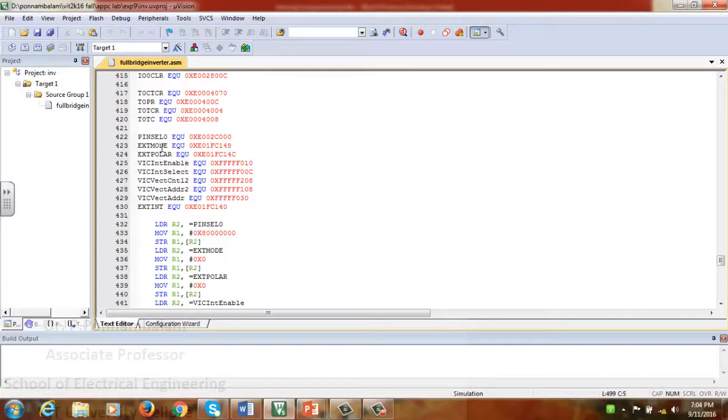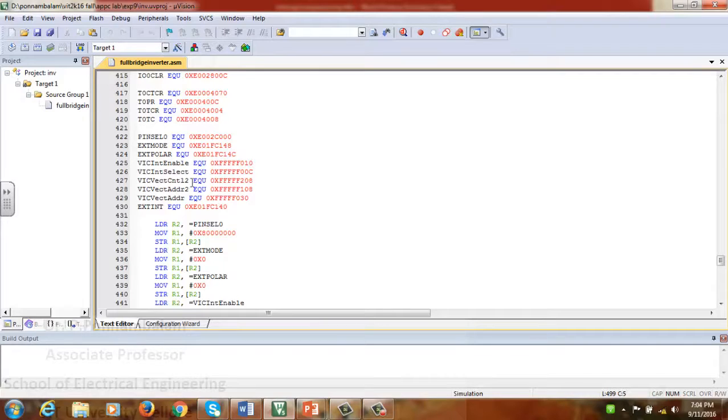Those things I will be specifying in external mode and external polarity. Then the VIC interrupt enable register, I will be enabling the corresponding interrupt using it, and with VIC interrupt select, I will be selecting whether the interrupt is going to be an IRQ interrupt or an FIQ interrupt.